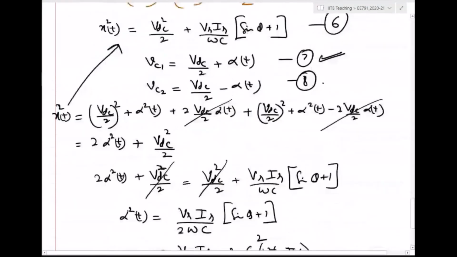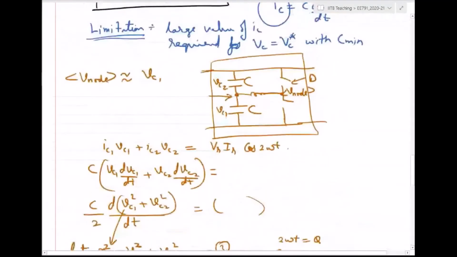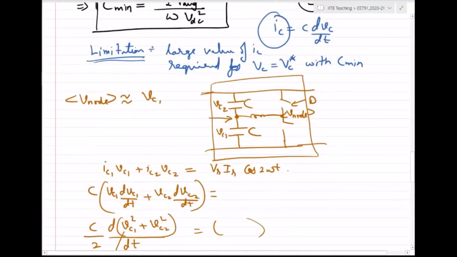But what is the disadvantage now? Anyone wants to say? Obviously, if you are already aware of active power decoupling circuits, you would know. But if you are not aware of the active power decoupling concept, then can somebody point out what seems like a limitation here? This is the advantage: your capacitor voltages, each of them, are now an offset plus a sinusoid. So there is no sharp transition that will happen. So what is the limitation?